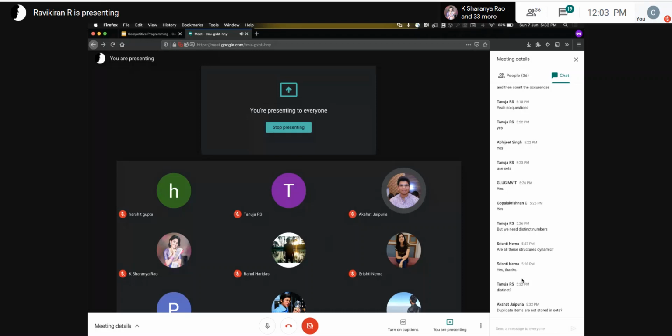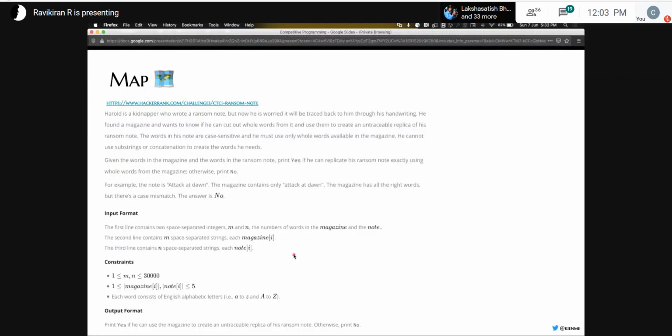Let me just give you an example so the others can understand. What is not mentioned in this question is that the words can repeat, right? It is implicit. In this example, they've given 3 words and all of them are distinct, but you can have something like "attack at dawn at 9 a.m. in the morning". You can see that the word "at" is repeated multiple times.